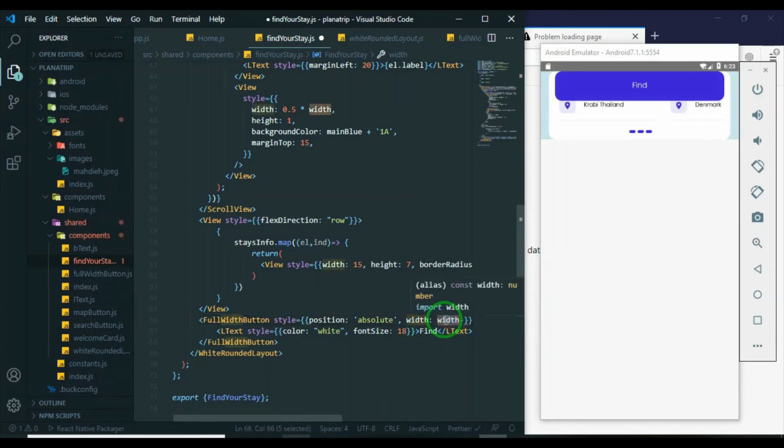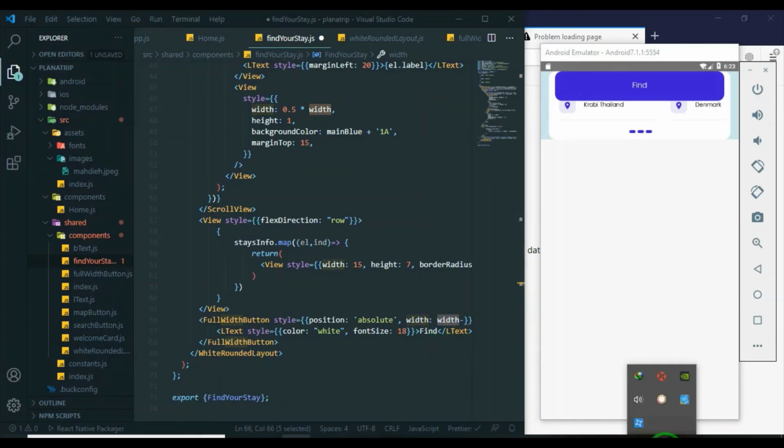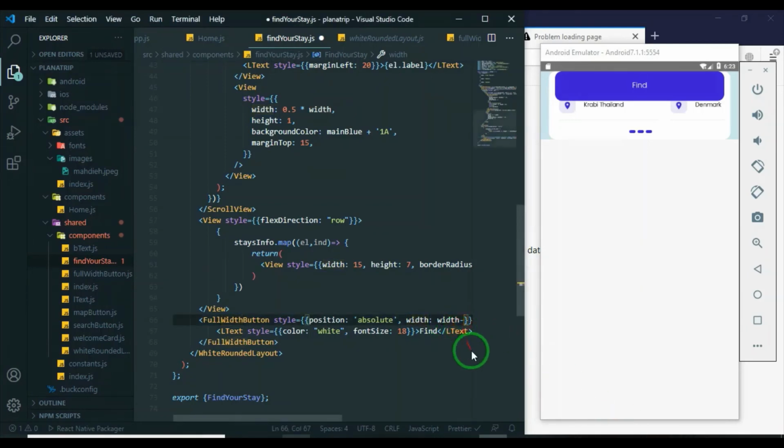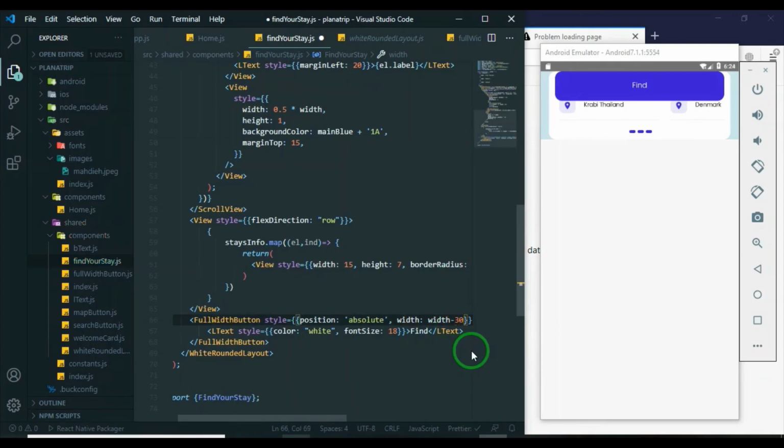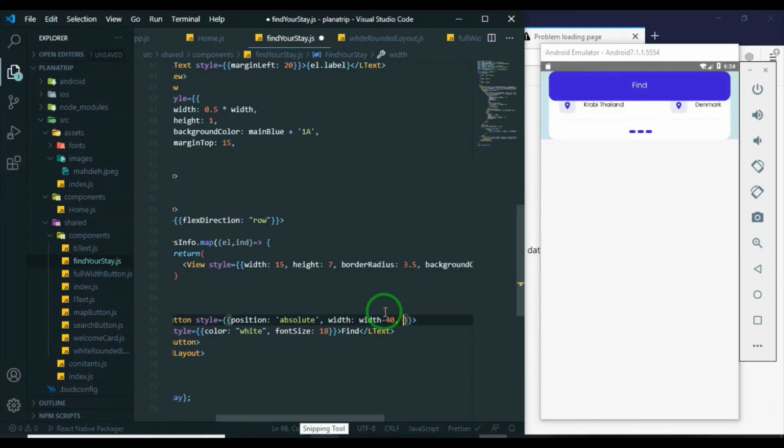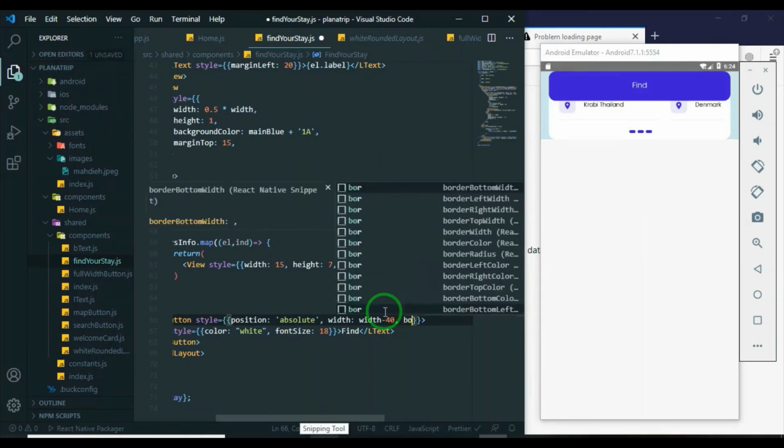This is the width of the screen that we have imported from the constants. Minus 30. So it's okay. It's in the same way, a little bigger. Oh no. Minus 40 is correct. Okay, it's positioned absolute, but we should give it a bottom of